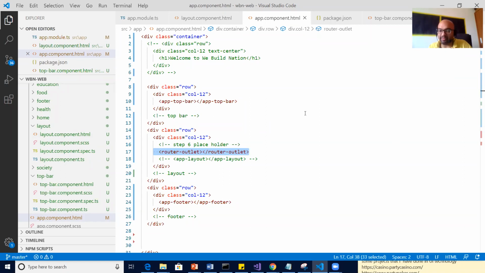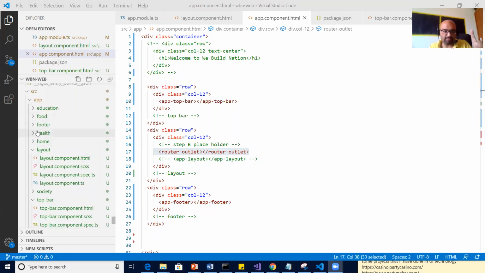No, that is dynamic. So I cannot put anything hard coded over here. Okay, tell me what is the default route? The single default page route? Home page. Home. Yes, absolutely correct.